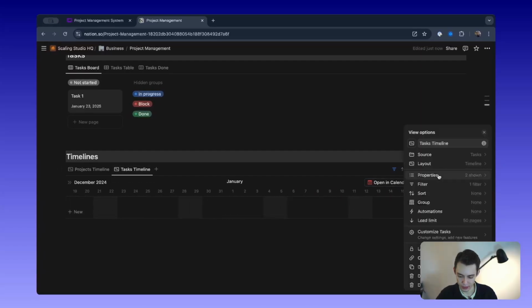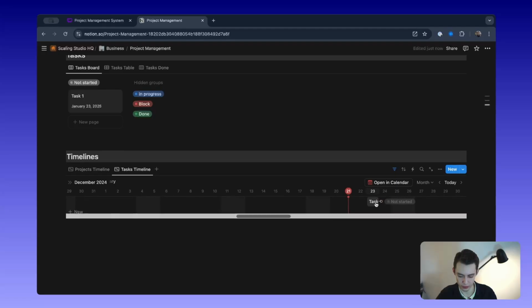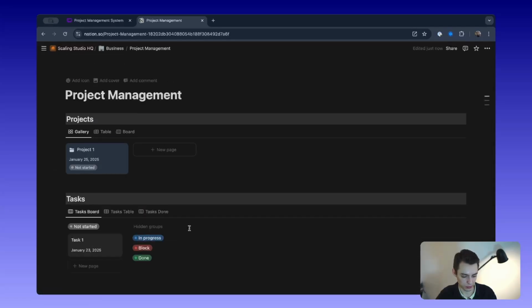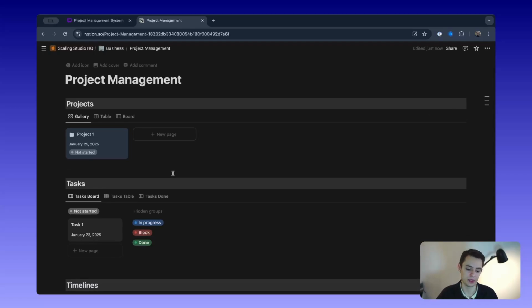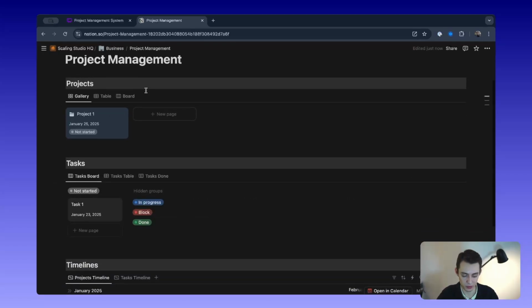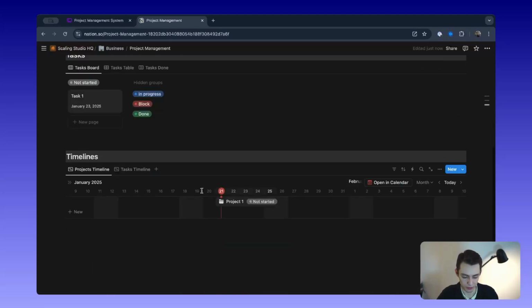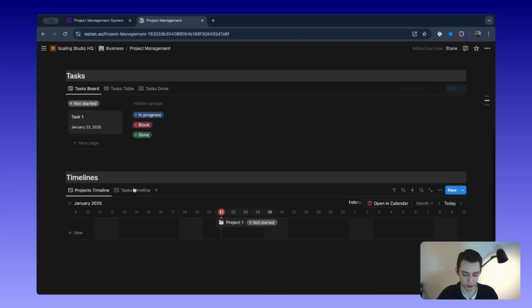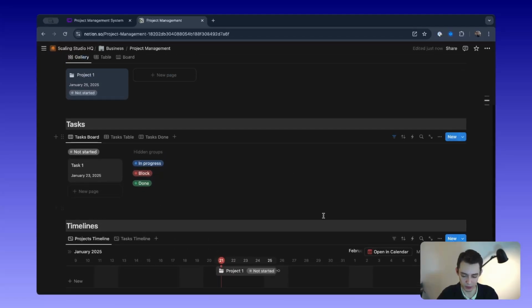All right. I believe I can add some colors to see when the project is due. But for now, let's keep it simple and let's leave all of this. Okay, so yeah, this is the basis of my project management. I have the projects, I have the tasks, I have all the timelines. The next step is only going to be